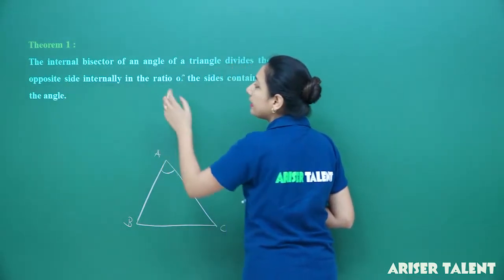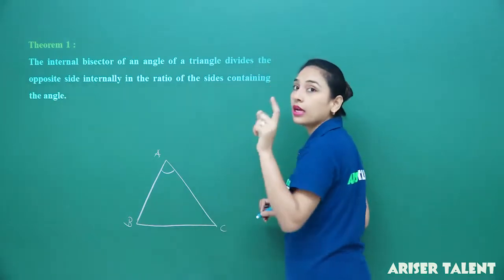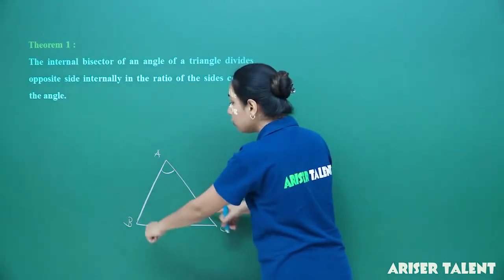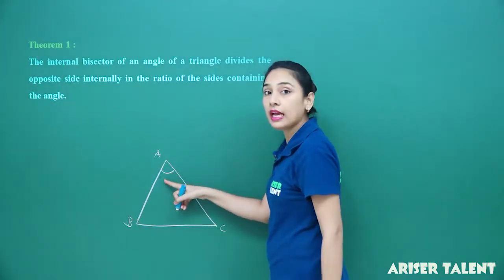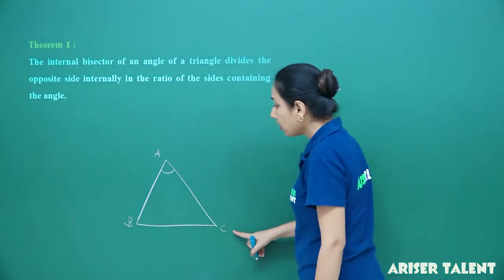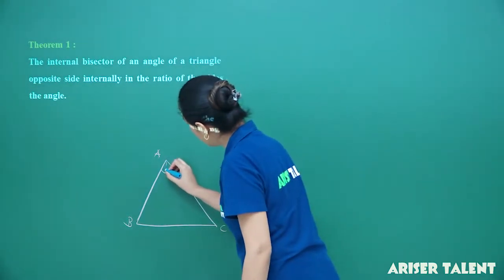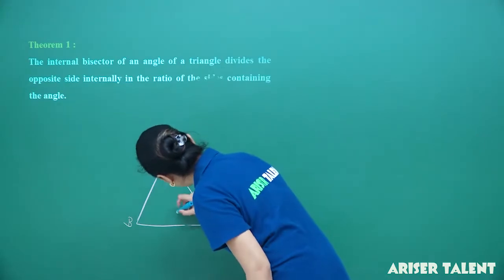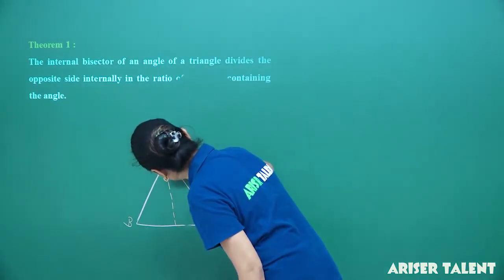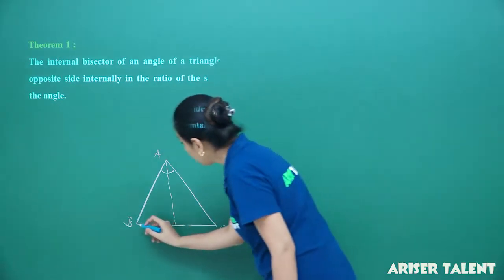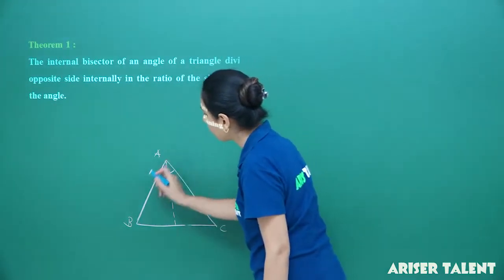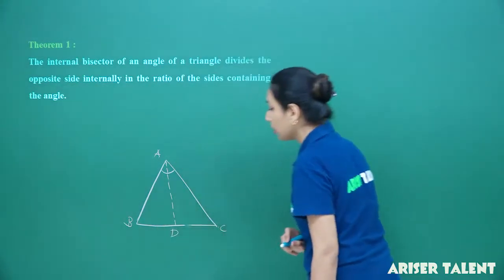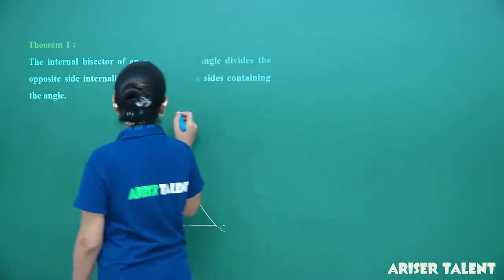It divides the opposite side internally in the ratio of the sides containing the angle. Now, these are the two sides that are containing the angle. So, basically, if this is the bisector, then this ratio should be equal to this ratio. Let us assume that it is point D. So, we have to prove